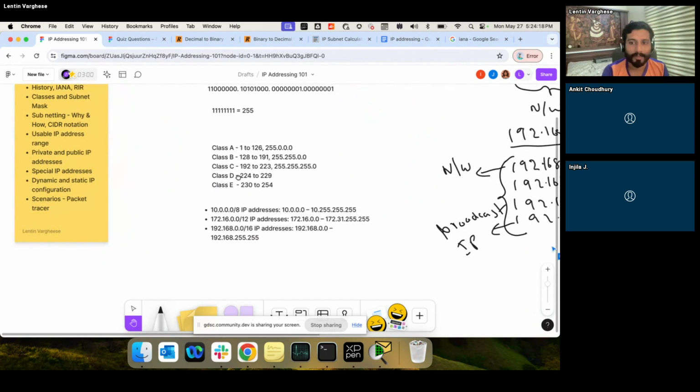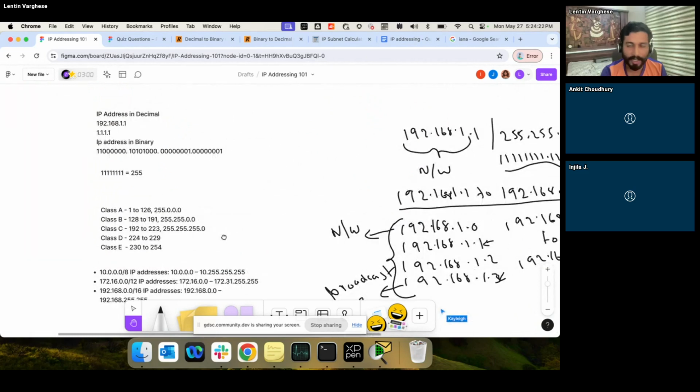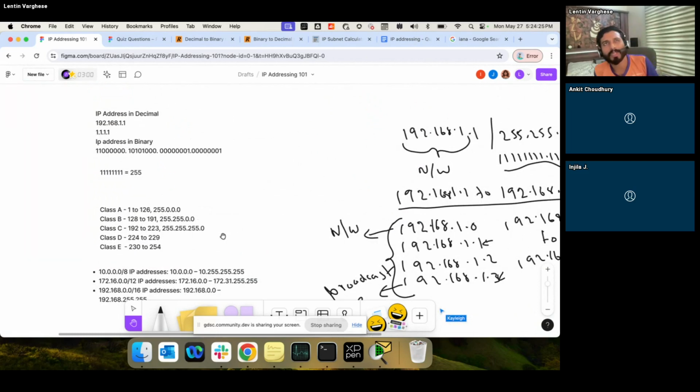Okay, moving on. Special IP addresses. What are special IP addresses? We spoke about loopback IP address, multicast, and broadcast. Right. So the loopback IP address, the network which starts with 127, essentially helps you to validate the TCP/IP stack in your computer, or that the networking ability is fine. How do you do that?